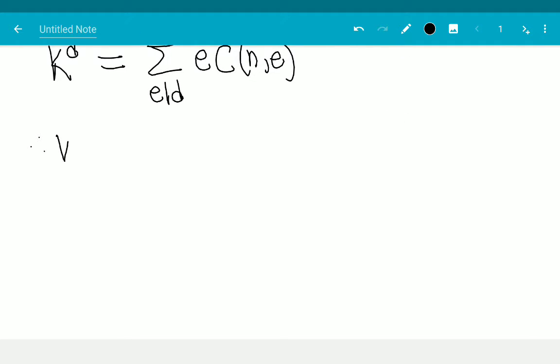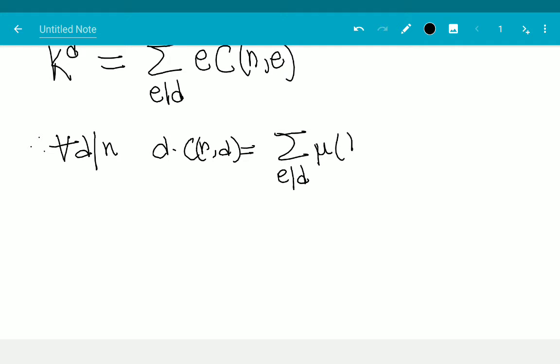therefore, for every D dividing n, D times C and D is equal to summation E divides D mu of D over E k to the E by Mobius inversion. By Mobius inversion,